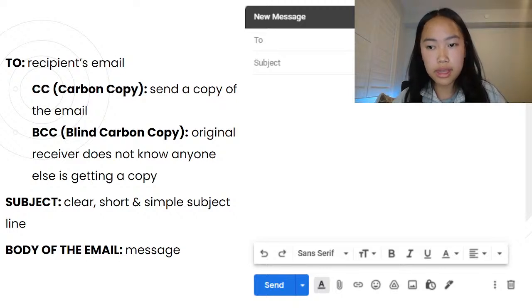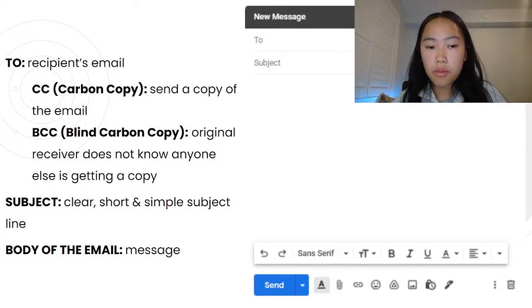The first one you see here is the To. This is where you type in the email address of the individual that the message is intended for. The next one is CC. As you can see, right beside the To is CC and BCC. CC stands for carbon copy. You might want to add individuals who need a copy of the email. The original receiver of the email will see this person added. For example, if I CC Bob and Jake on this email, Bob and Jake will both know that the other received the email.